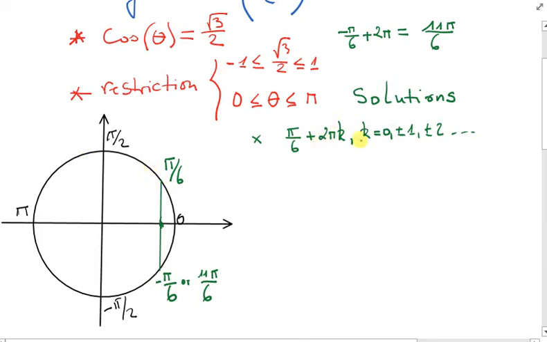Like it can have 0 if you're here, it can have 1 if you're somewhere here, right? It can have minus 2 and whatever value you think, right? So the second solution to our problem is 11 pi divided by 6 plus 2 pi k, which is also with k bearing the same values as what we have above. So those are the solutions to our problems.